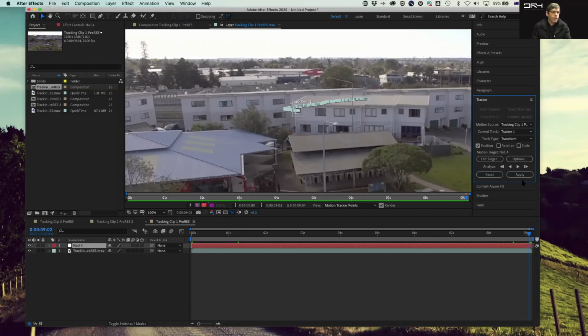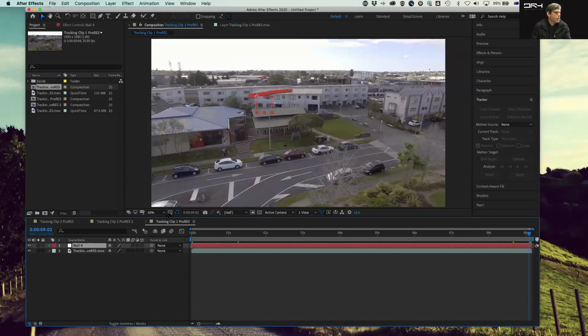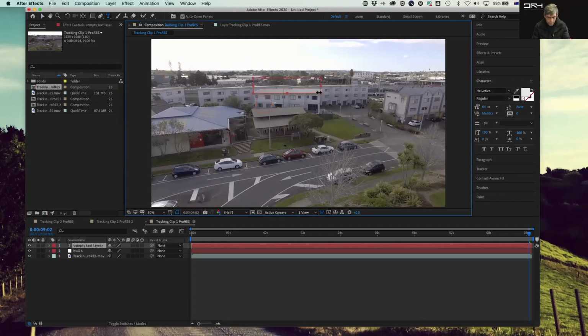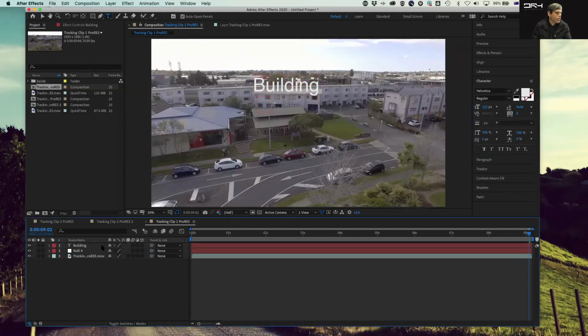And is there anything else? No. Hit apply. X and Y, yes please. Cool. We're going to create text here. It's a building. Okay, we'll just increase that text size a little bit. There we go. Nice. Okay, we parent that to null. And when we hit play,